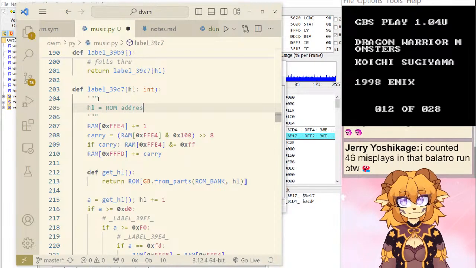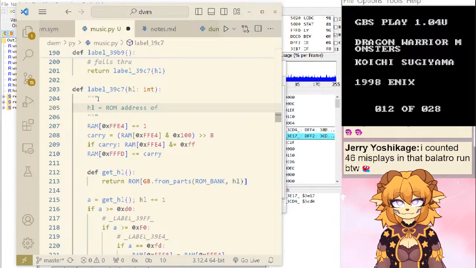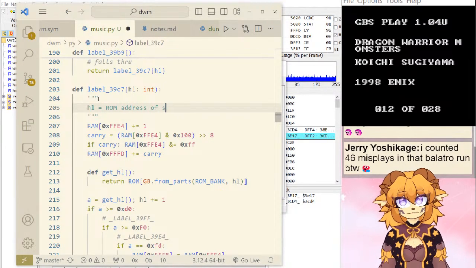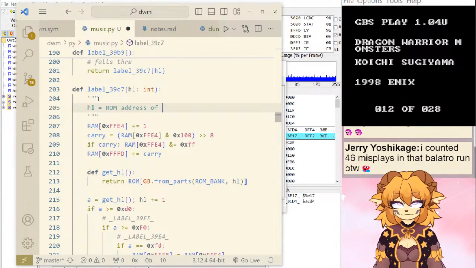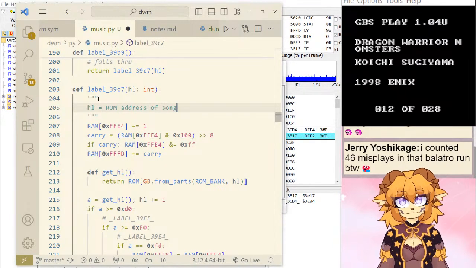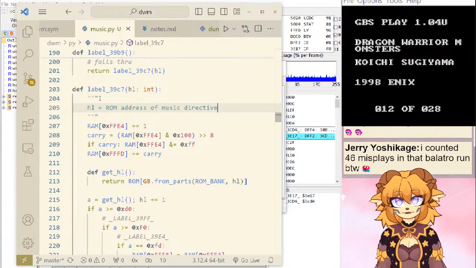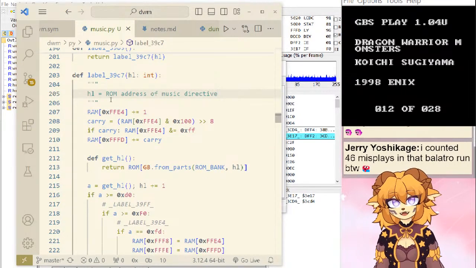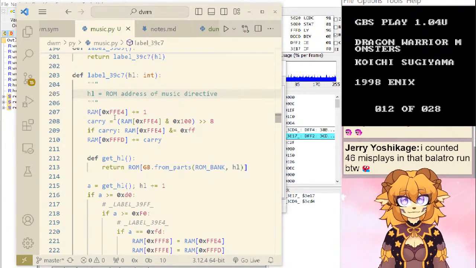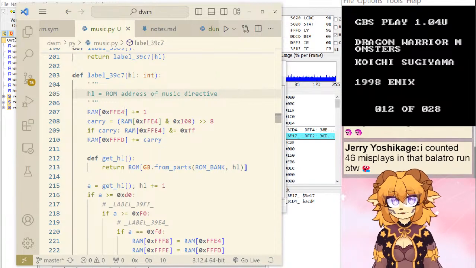ROM address. Music directive, I guess we'll say. So this is probably the function that's actually processing an individual music directive, which is what we want to read.